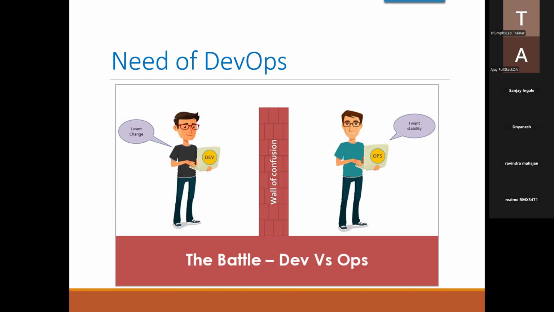And then there was a need for a merger of these tools. So the industry came with the idea of a DevOps team. Earlier it was called the build and release team, but now everyone is saying DevOps, DevOps, DevOps. So what does the DevOps team actually do? The DevOps team knows all the tools which are used by the developers, as well as the tools used by the operation team who is responsible for hosting the applications.